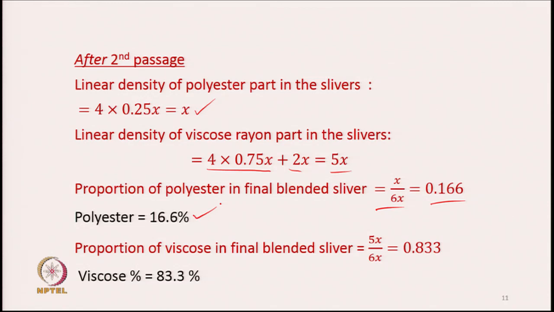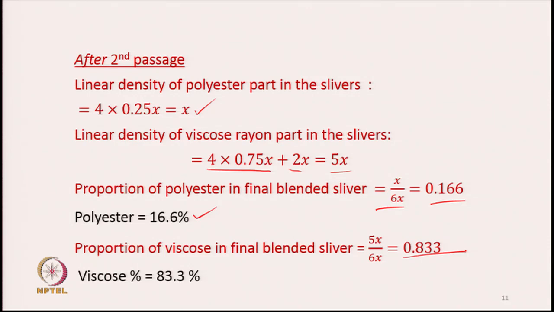So, 5x by 6x. 6x is coming because the combined linear density of all the slivers fed is going to be 6x. So, 5x by 6x gives you a figure of 0.833, and if we convert it into percentage, we get a value